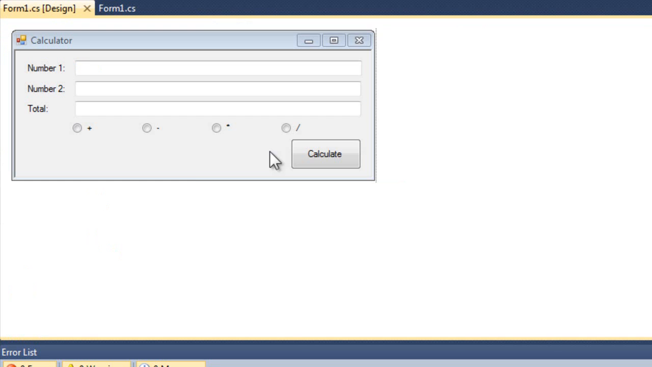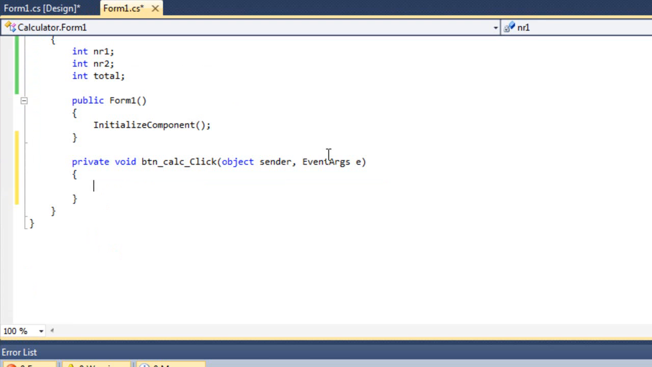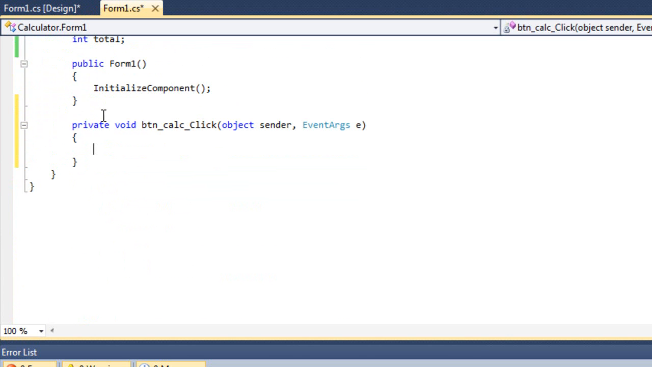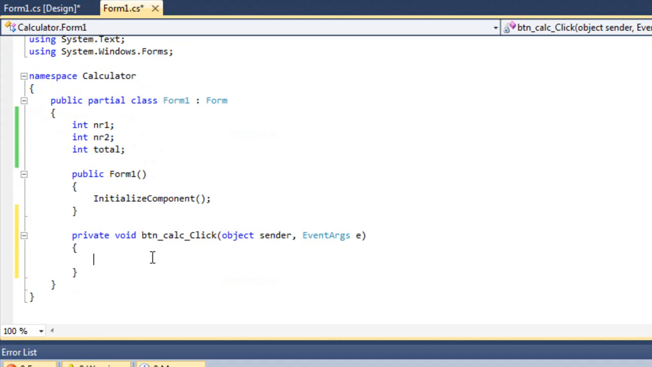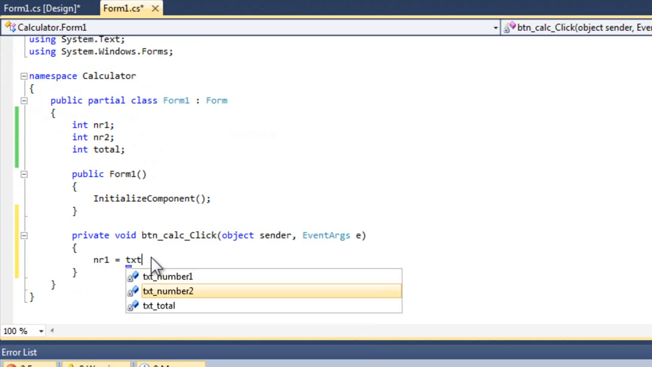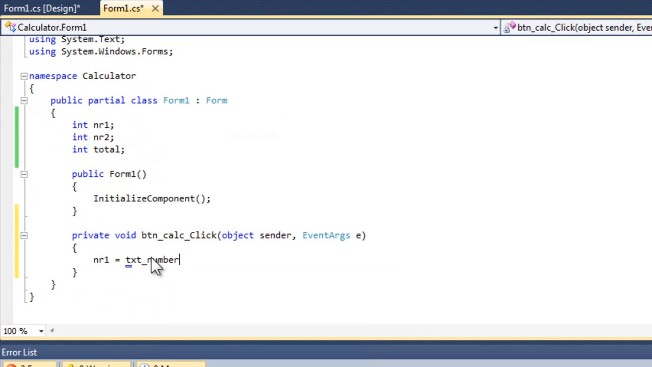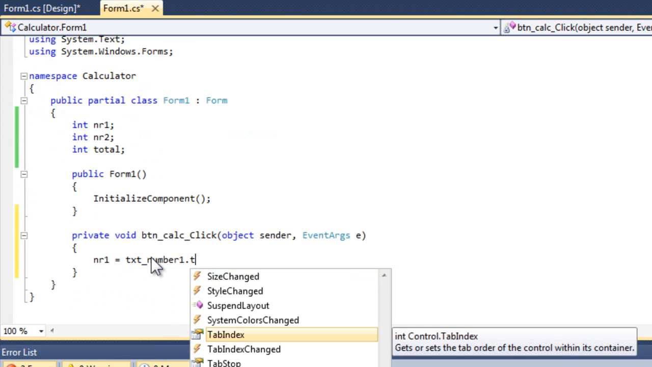And now we go back to our design and we double click the calculate button, and what that does is that creates a method that once our button gets clicked in our application, we can send it to do something. And the first thing we need to set up is that nr1 will get the value that is inside the number one text box. So number1.Text,